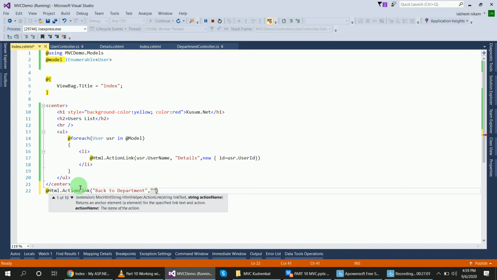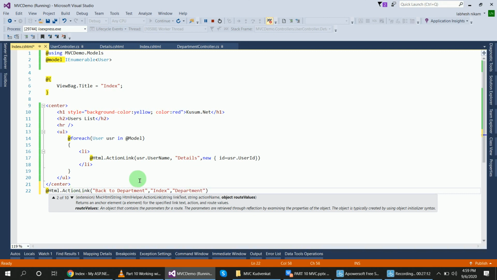You want to go to the index page of the department controller, right?